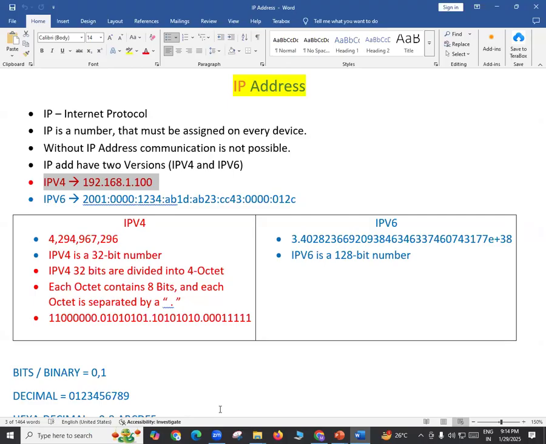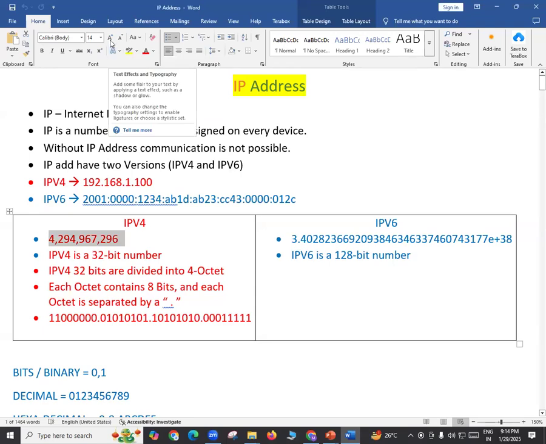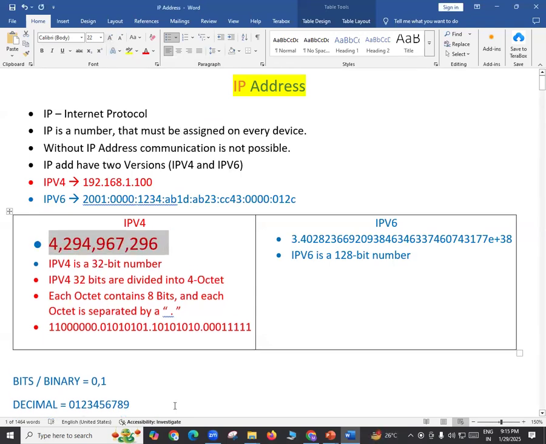Like I said, the IP version 4 addresses are nearly over, right? There are no free numbers available now. But how many numbers are available in IP version 4? Totally, how many IP addresses are available there? Can you say this number actually? 4294967296, something like that. This is more than 4 billion. So in our IP version 4, there are more than 4 billion numbers. To be exact, this is that number actually. This many IP version 4 numbers are available.